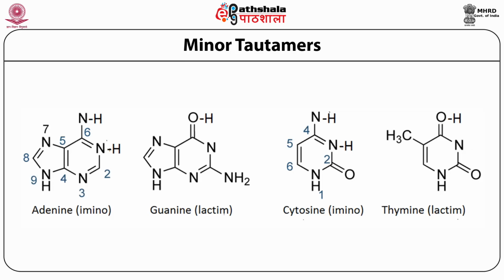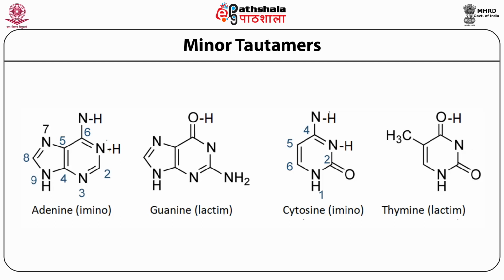In the case of adenine, one of the hydrogens at the 6th position shifts to the N1 position. Similarly, in the case of cytosine, one of the hydrogens of the 4th position shifts to the 3rd position N3 and it goes